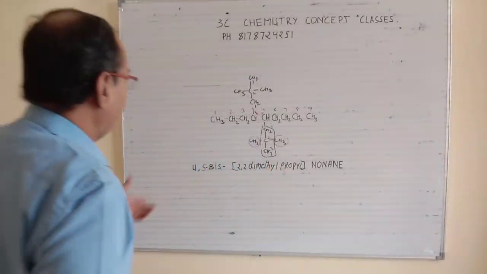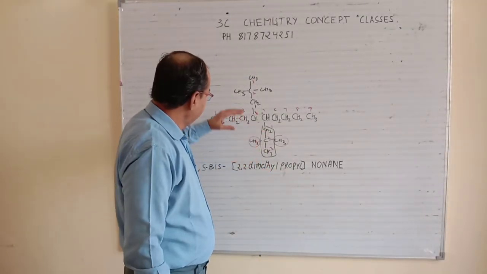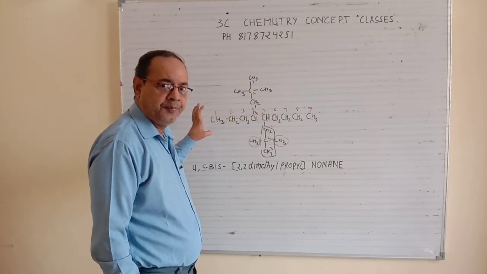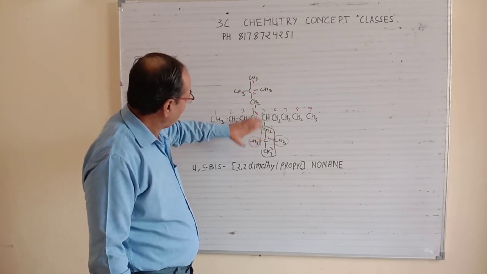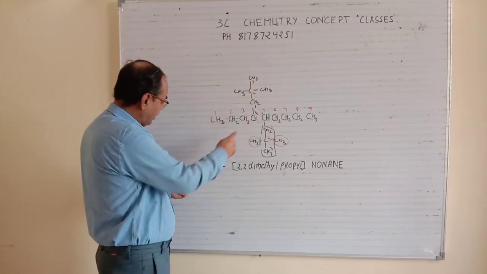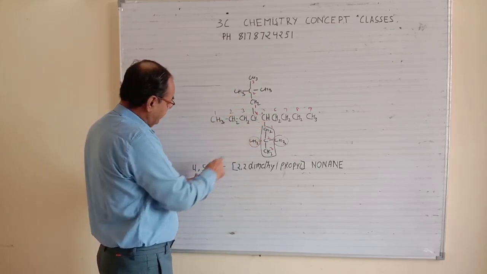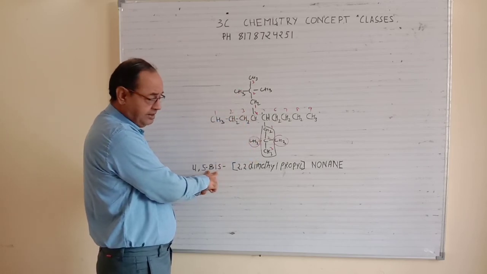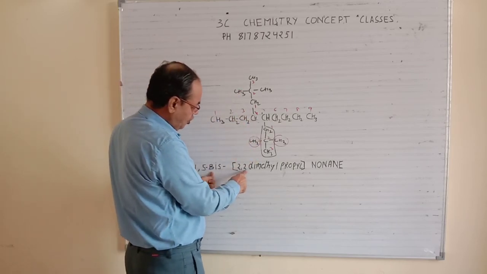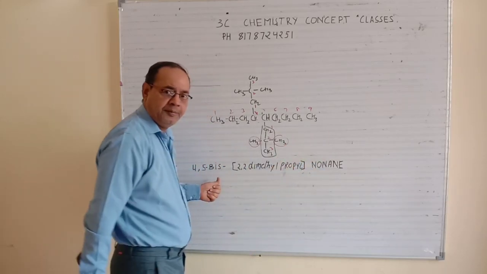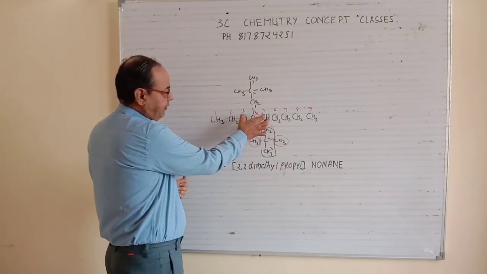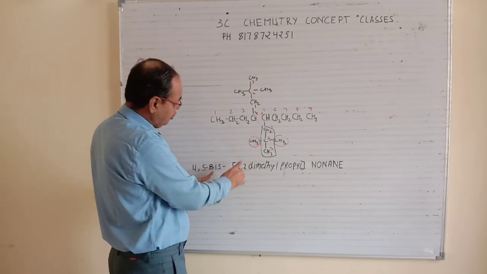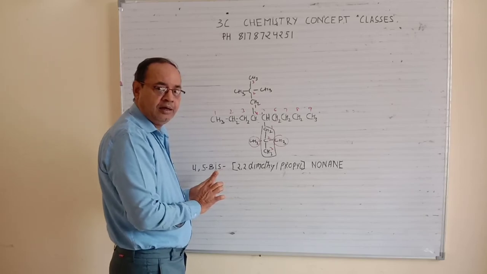And now we have a next concept. Suppose these two same groups are on different carbons. So what you will do, you will write the numbering of carbon 4, next is 5. Again, because they are the same, you will use the word bis. The rest is the same, 2,2 dimethyl propyl and nonane. In different carbons, you have to write the position of carbon, bis, and for the branch-to-branch case put it in brackets. So this is your main concept.